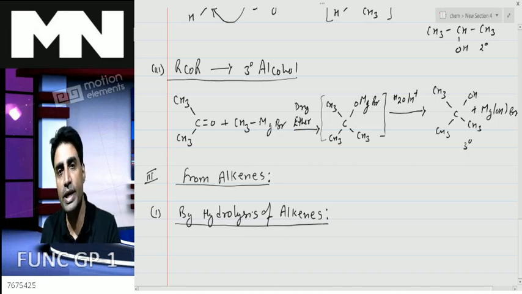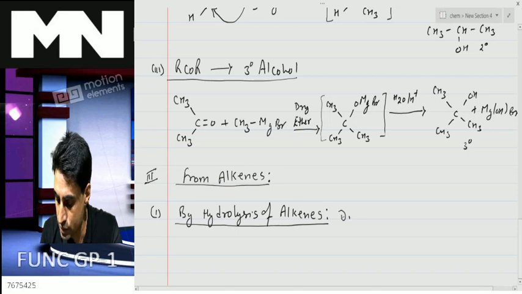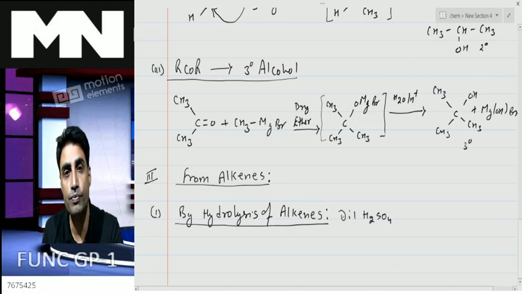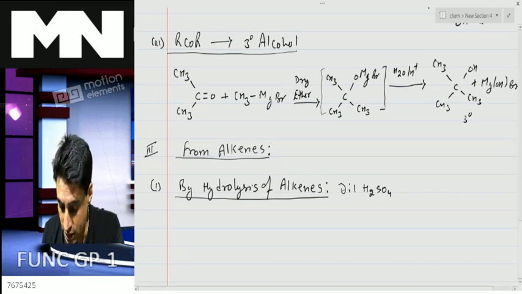Whenever we talk about dehydration of an alcohol, we carry it out with concentrated H2SO4. But whenever we talk about hydrolysis, for that we use dilute acid, that is dilute H2SO4. So here in this case also we will use dilute H2SO4. And we'll see how this reaction proceeds. Now suppose you have got a compound that is CH2 double bond CH2